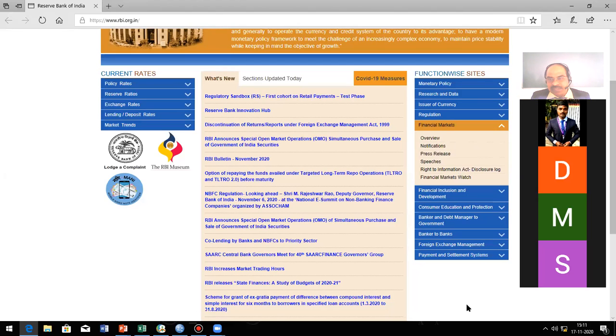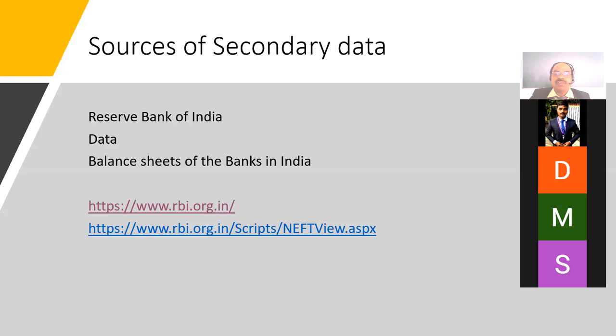It never depends upon anybody. Be clear, it is already calculated. This is the first source of information we can gather. Okay, let us see the next source in Reserve Bank of India. Even you can get it from that one. See that one, the second source I am clicking. That is rbi.org scripts.